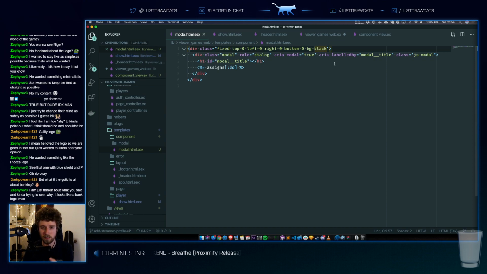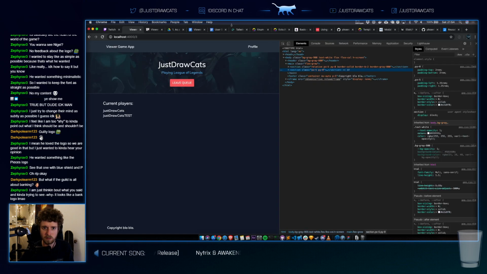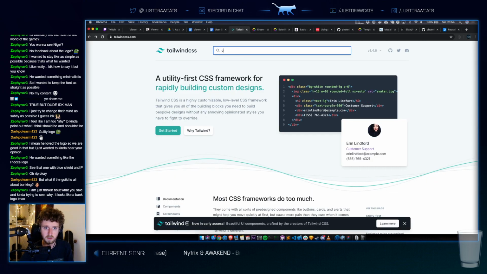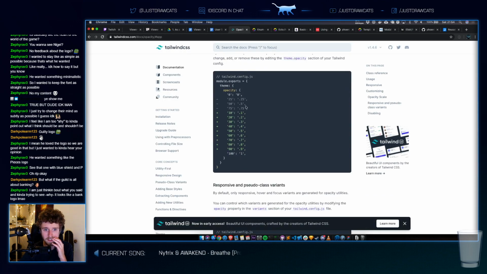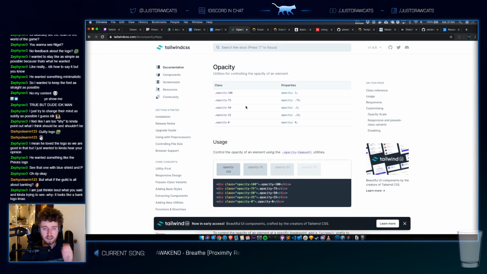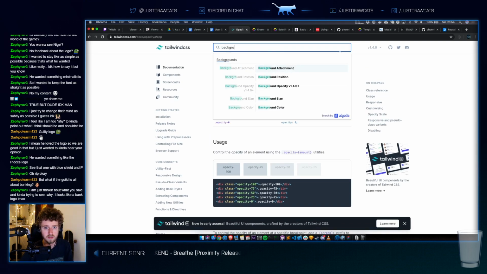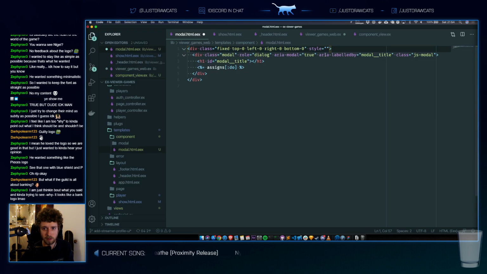This cannot be black though. This should be like... Does this Tailwind have this? It's not opacity. It's like the background color faded. Okay, probably not.